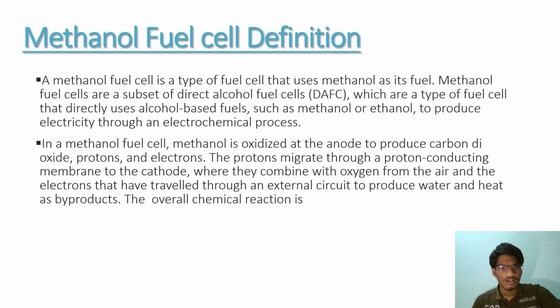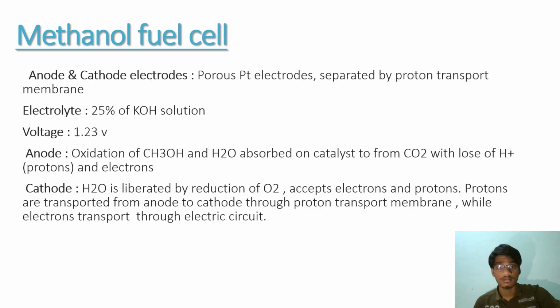In a methanol fuel cell, methanol is oxidized at the anode to produce carbon dioxide, protons and electrons. The protons migrate through a proton conducting membrane to the cathode, where they combine with oxygen from the air and the electrons that have traveled through an external circuit to produce water and heat as byproducts. The overall chemical reaction is